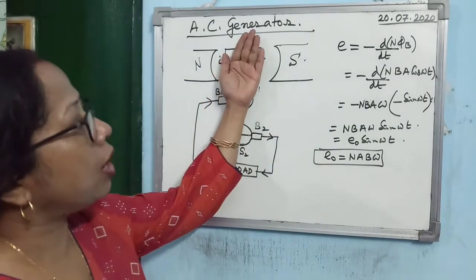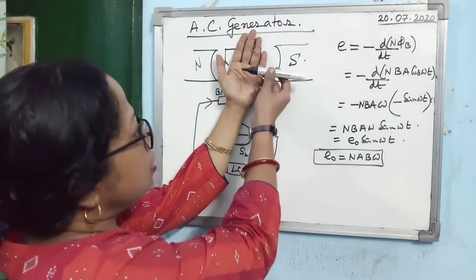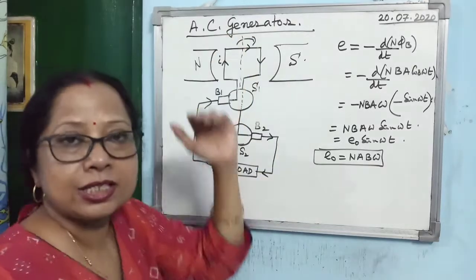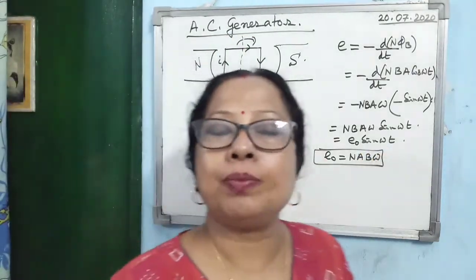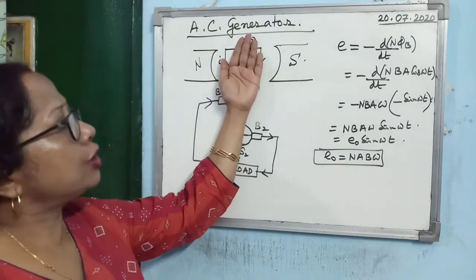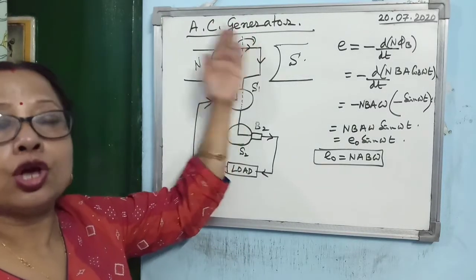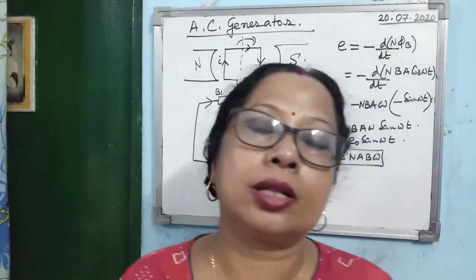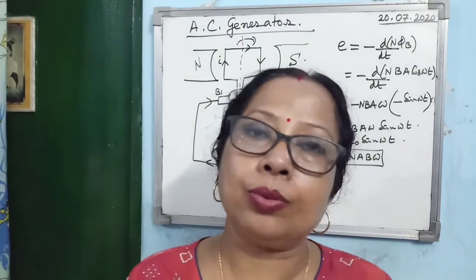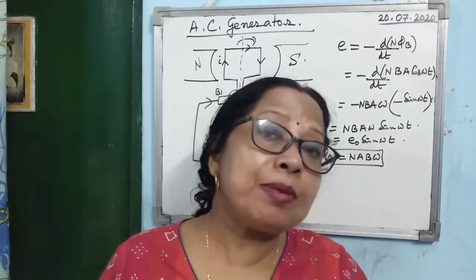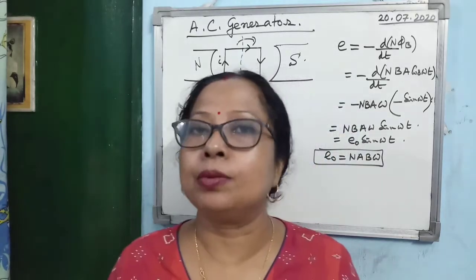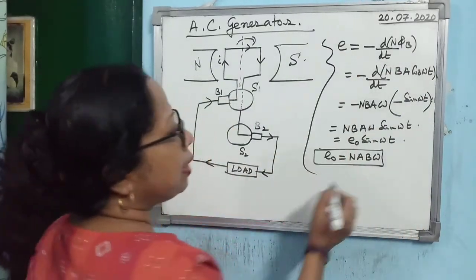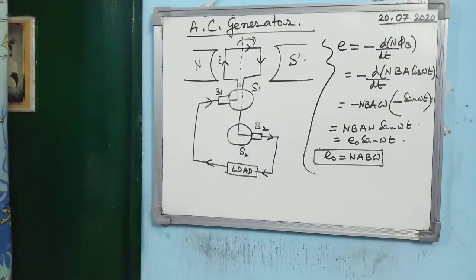And when the plane of the coil is parallel to the direction of the magnetic field, then you see this is the direction of B and this is the direction of A. So what is the angle between them? 90 degrees. So what will be the EMF? EMF will be maximum. But when the orientation of the coil is like this, almost no lines of force are crossing the coil perpendicularly. So what will be the magnetic flux linked with the coil? Magnetic flux linked with the coil will be 0, but the EMF induced in the coil will be maximum. So these are the two cases you are supposed to remember, and you are supposed to learn and remember this relation related with the alternating current generator.